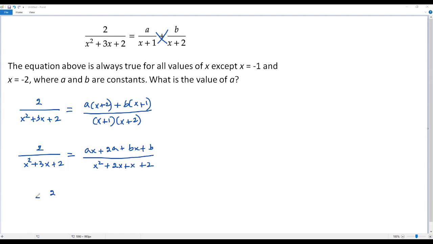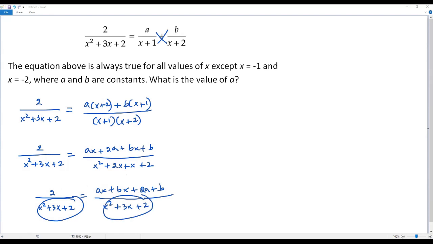Okay, here we have 2/(x² + 3x + 2) equals, and we can write the x terms together. Then we get (ax + bx + 2a + b) divided by x². Now let's combine the like terms: 2x + x is 3x, + 2. On both sides of this equation we find the same denominator, x² + 3x + 2. When I multiply both sides of this equation by the expression x² + 3x + 2, this denominator will cancel out. The resulting equation is 2 equals